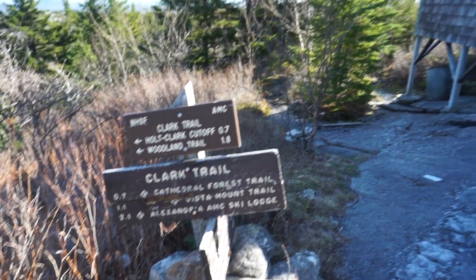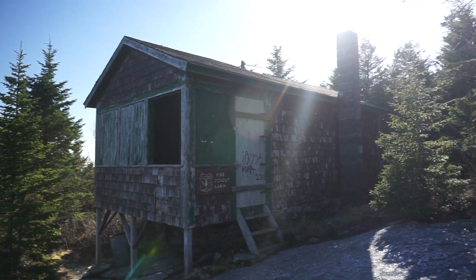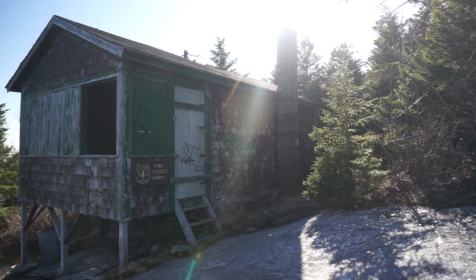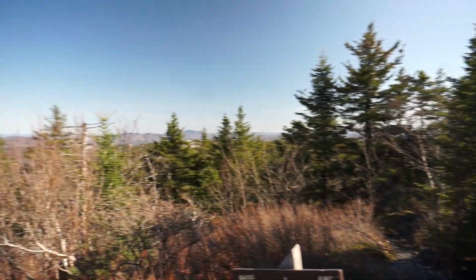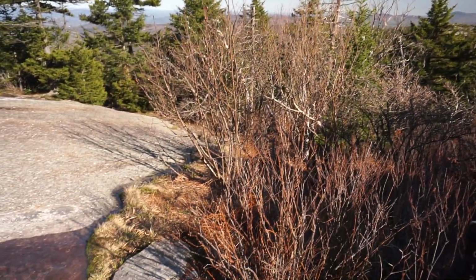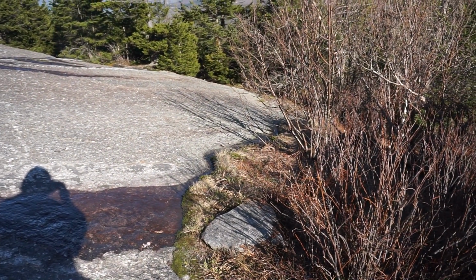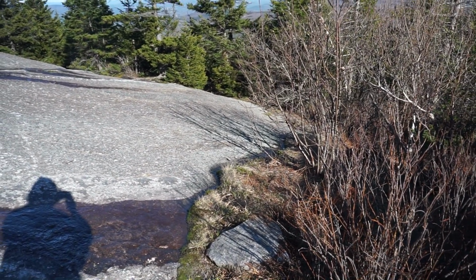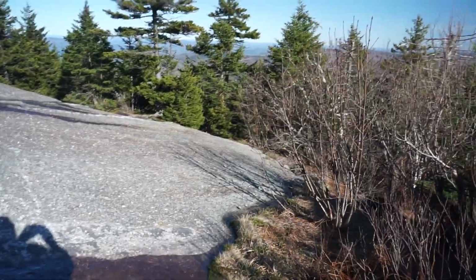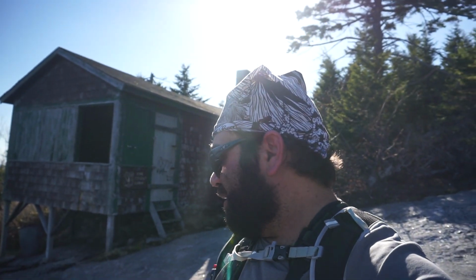So, I'm going to stay on the Clark Trail. We found a, can't read it, the Sons of Fire Cookout Cabin. Seen better days. So we're off of that way. Looks like, I'm not sure, is that the Alexandria AMC Ski Lodge, I guess? I know what I'm doing. I got a map. But yeah, we're going to go down that way, follow Clark,